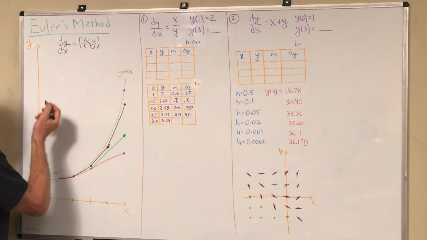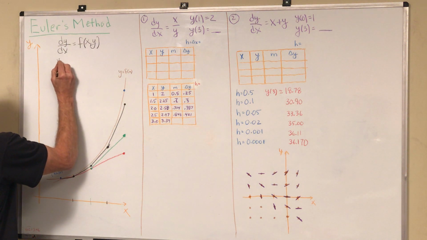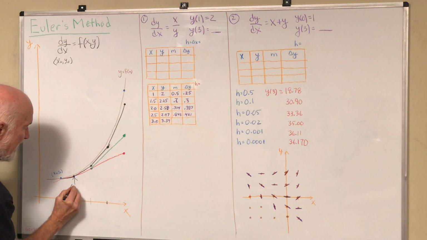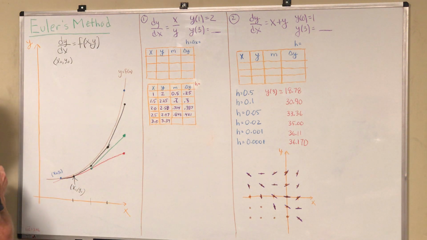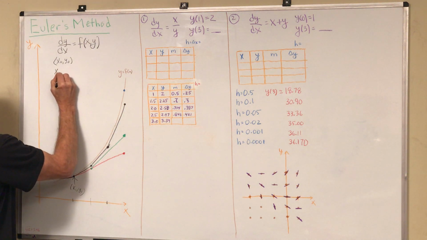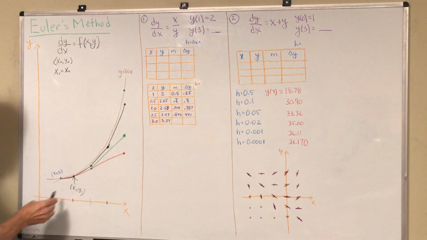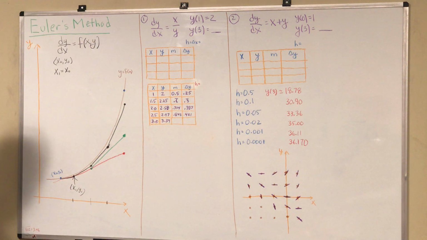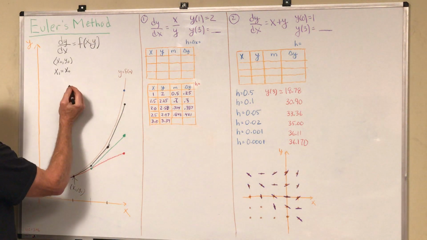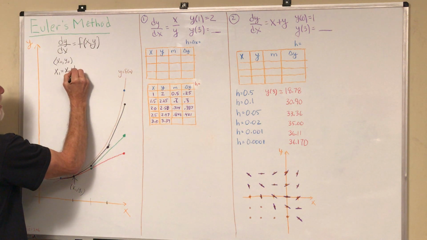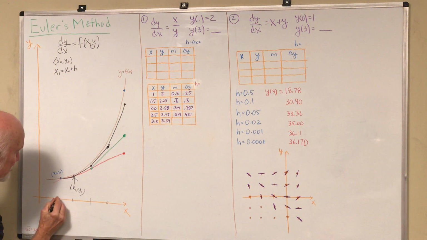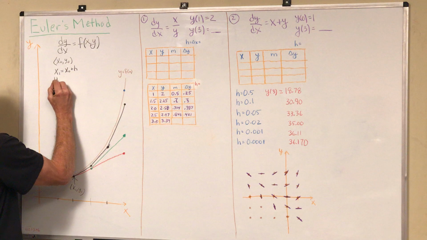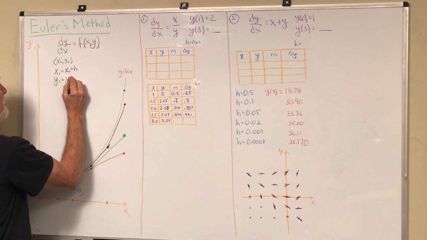He said, let's start out at the point (x0, y0), and try to come up with a new point right here, (x sub 1, y sub 1). So he said, let x sub 1 be where you started plus however far you go over right here. And that's the change in x. So say we call the change in x just h, from here to here. Then y sub 1 is going to be y sub 0 plus